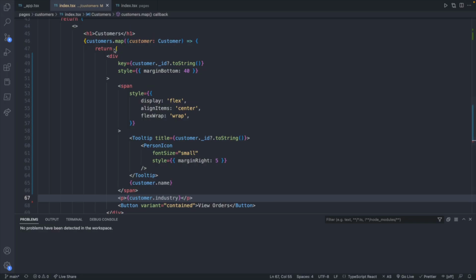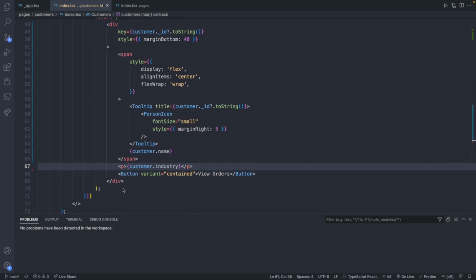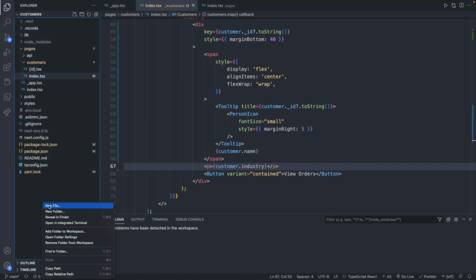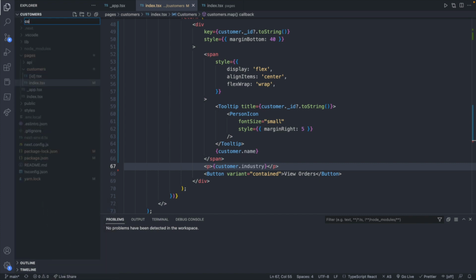Last thing I want to do, since we are building some more complex structure around each individual customer, I want to break that out into its own component. So basically everything inside of this return should be a customer component, and then we could remove all this code. So where do we put components? I believe the recommended location is actually right here for Next.js. So we'll say components, and then inside of here we can say new file,